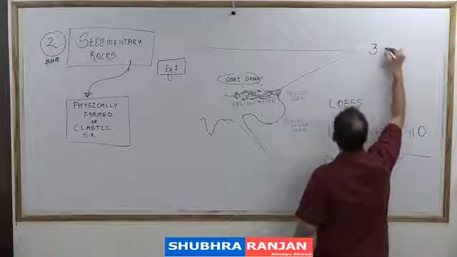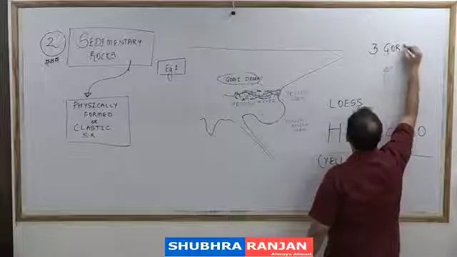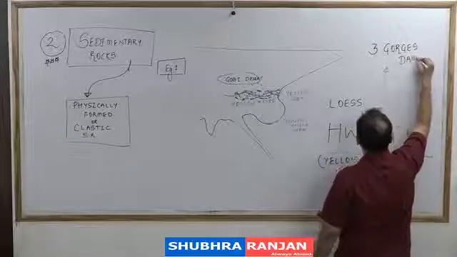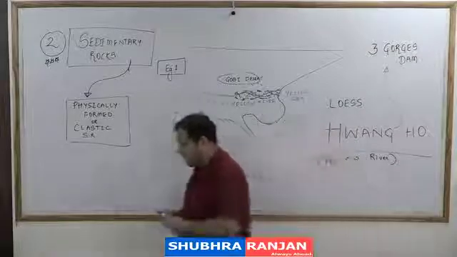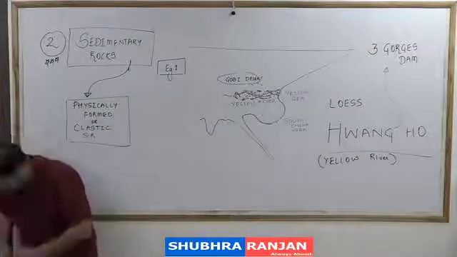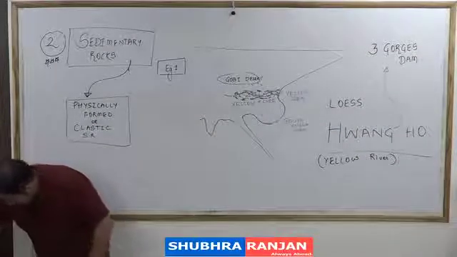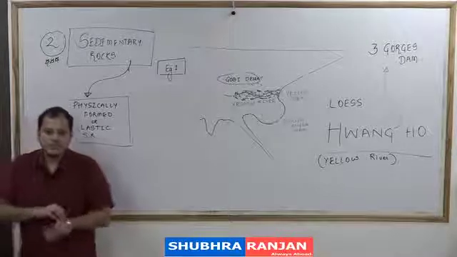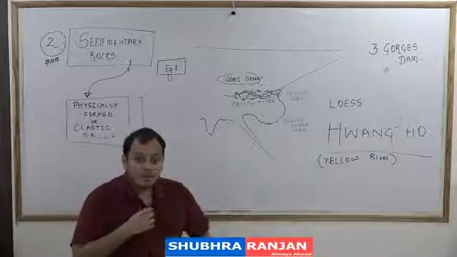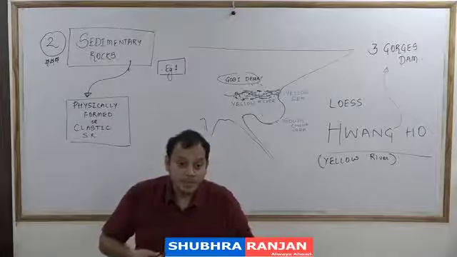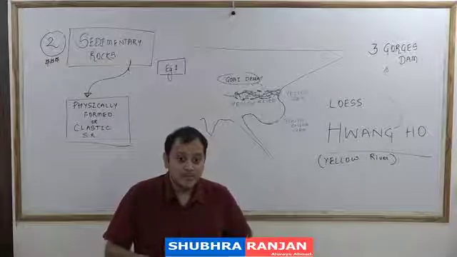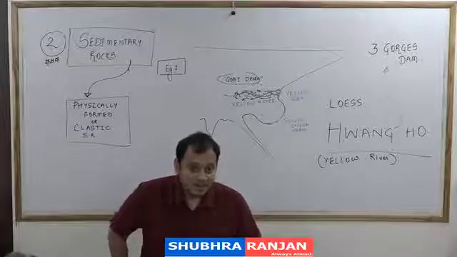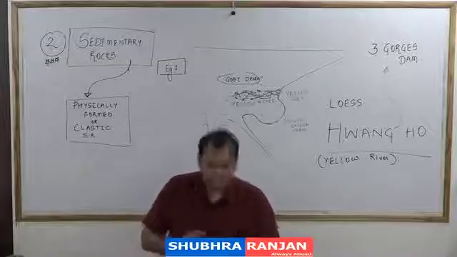Wang Ho is famous for the largest dam, that is the Three Gorges Dam. So we'll continue tomorrow. This dam, what? To reduce the flooding, to reduce the